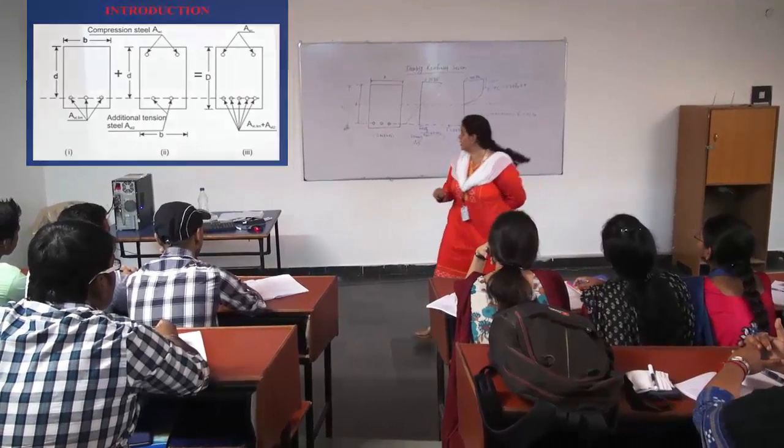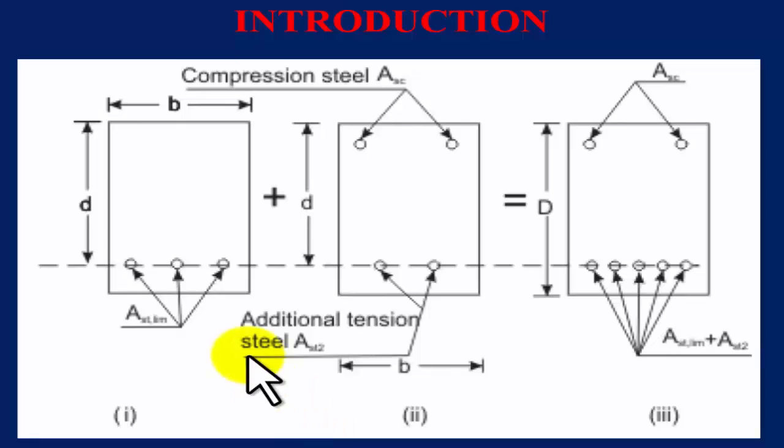For which condition? For this singly reinforced section we have to find out the Mu1. That is your Mu limit, because we are going to use the AST limit. That's why. This is the first: we find out the moment of resistance of this singly reinforced section. Now see the imaginary beam. Here also we can find out the moment of resistance, for the upper bar and for the lower bar.